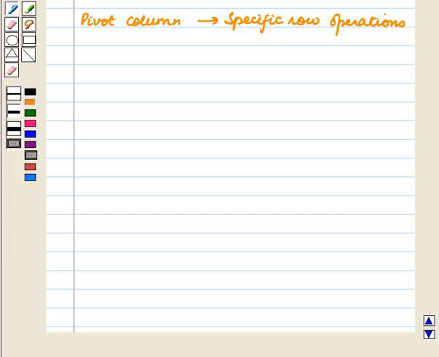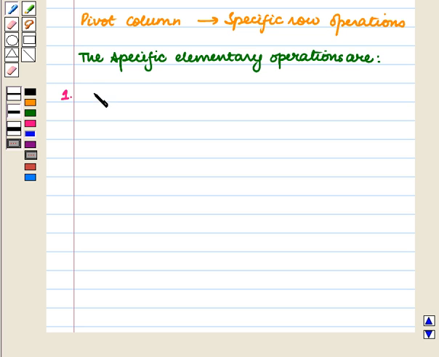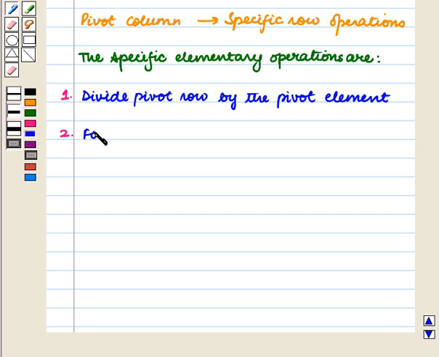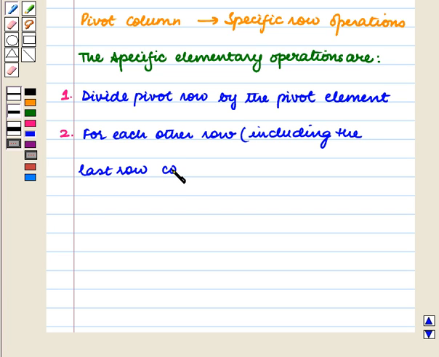The specific elementary operations are: divide the pivot row by the pivot element. For each other row, including the last row corresponding to Z,